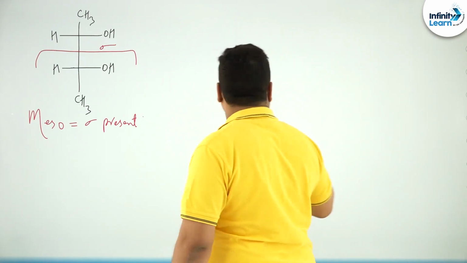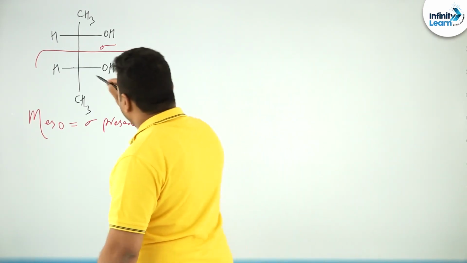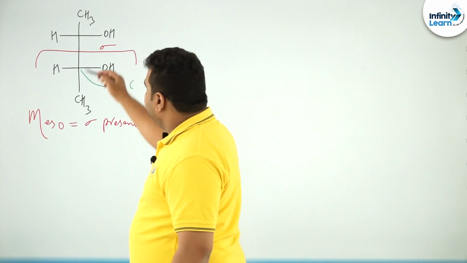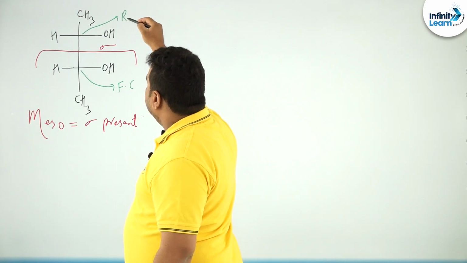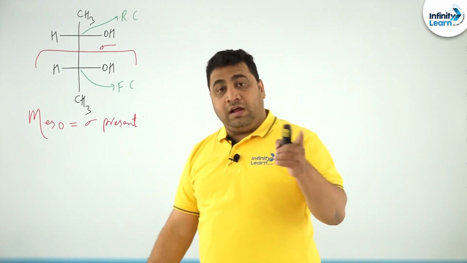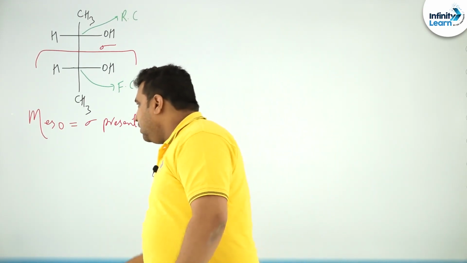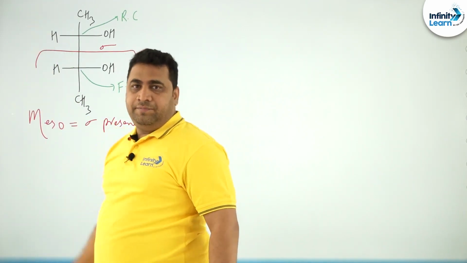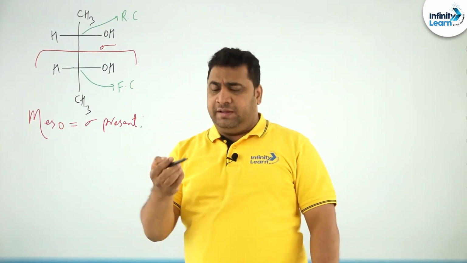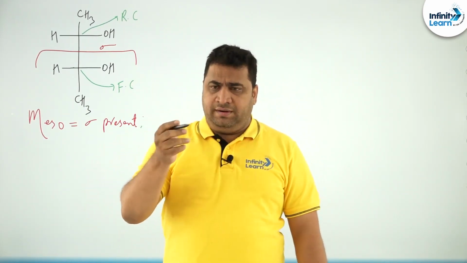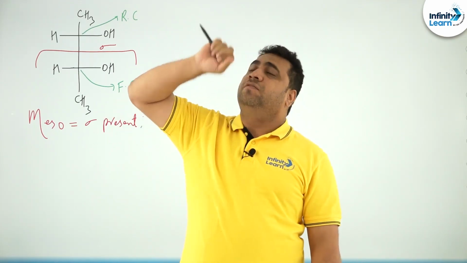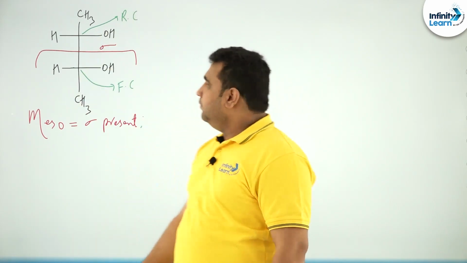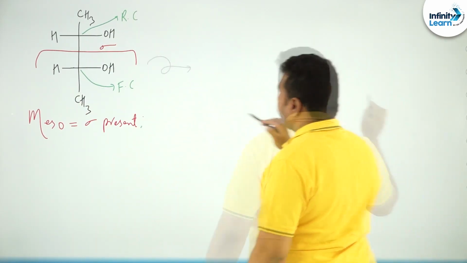Now, dear students, with respect to this diagram, you can see this carbon is called the front carbon. I am writing Fc, front carbon. This carbon is called Rc, rear carbon. Now, convert this into a Newman formula. Imagine your eye is here and you are seeing from downward to upward. Are you following? As if you are seeing through a telescope, looking at the sky from the bottom of the telescope to above. Then, during conversion,